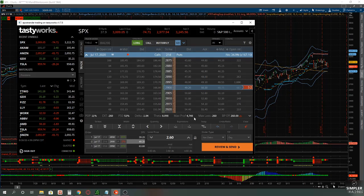So it has an excellent risk versus reward on the trade, with the idea that if we do move lower, if we go down to the 100 period simple and test that, or we go down to 2900, right, we start to break that level, things are starting to move lower, then we can look to at least take some sort of profit on this trade, even if this happens next week, which I'm not anticipating at all. But even if it happens sooner, like next week, we could look to take a profit on this trade